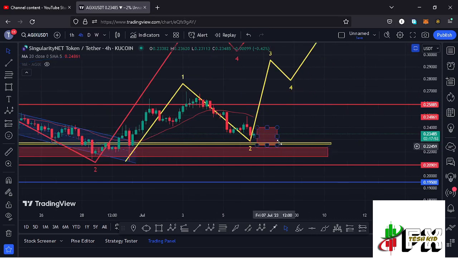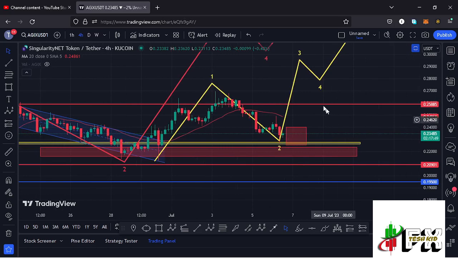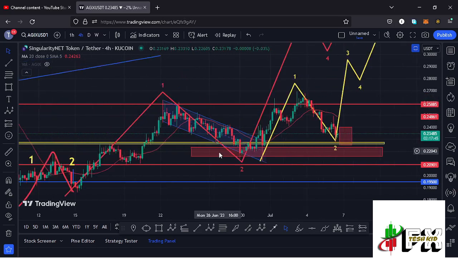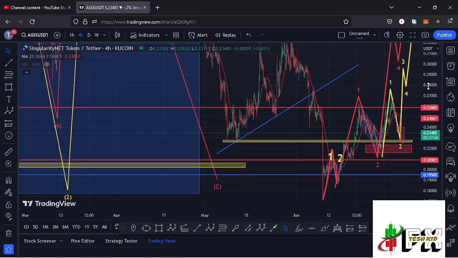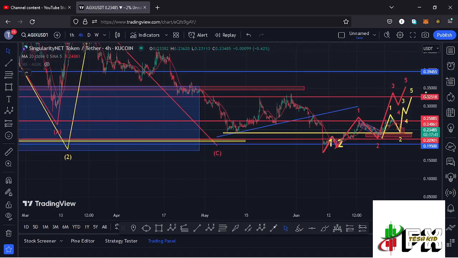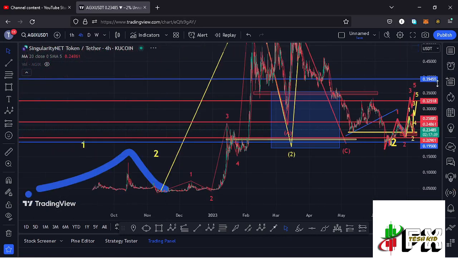The key area of support at around the $0.227 mark is the area that I'm watching, and resistance at around the $0.2585 mark. And zooming out on the charts to give you the long-term point of view here on the Agix chart,